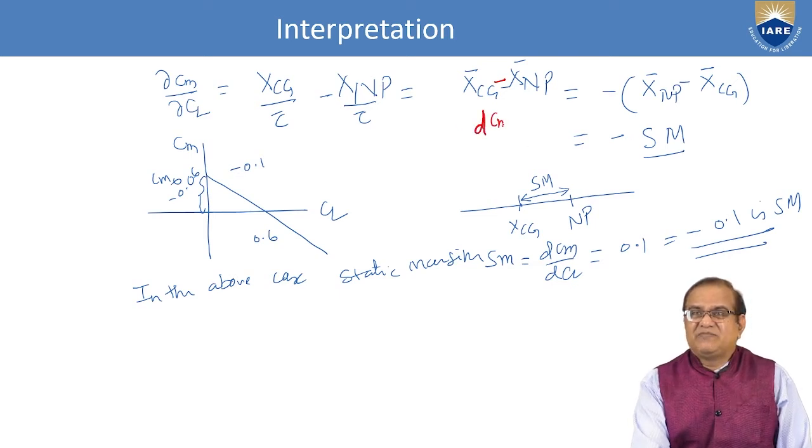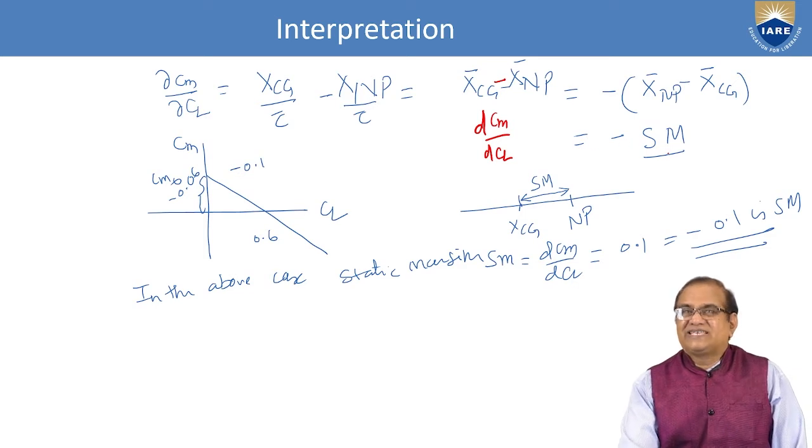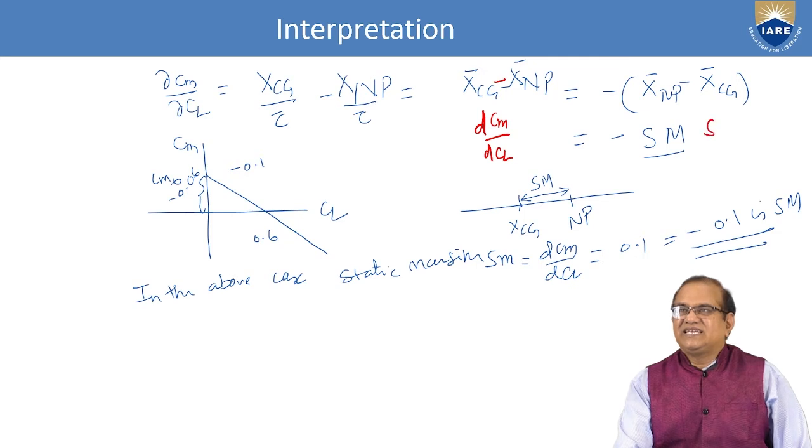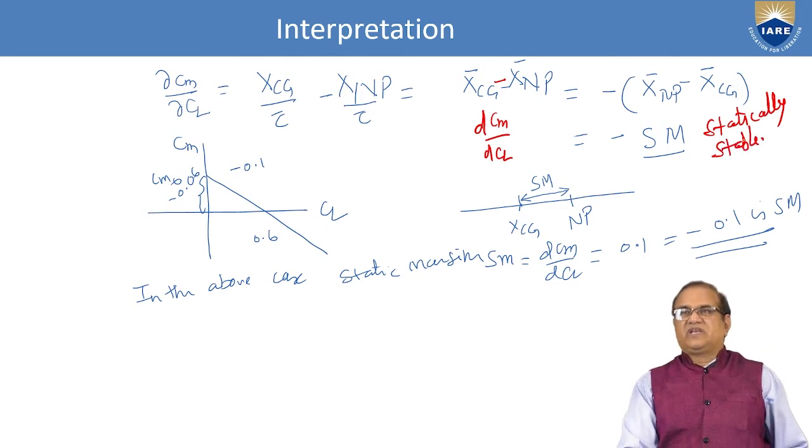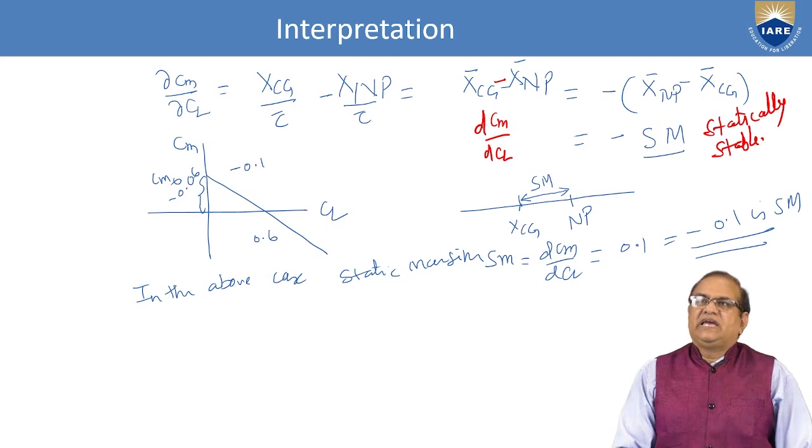So dCm by dCl should be negative of Sm. If it is negative, then it is statically stable. So, suppose it is given that the static margin is,